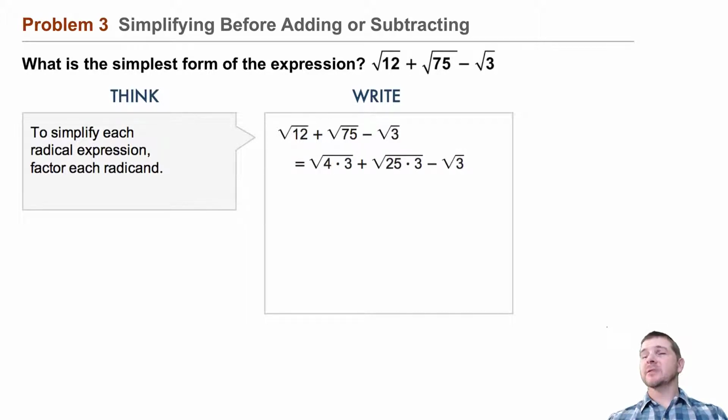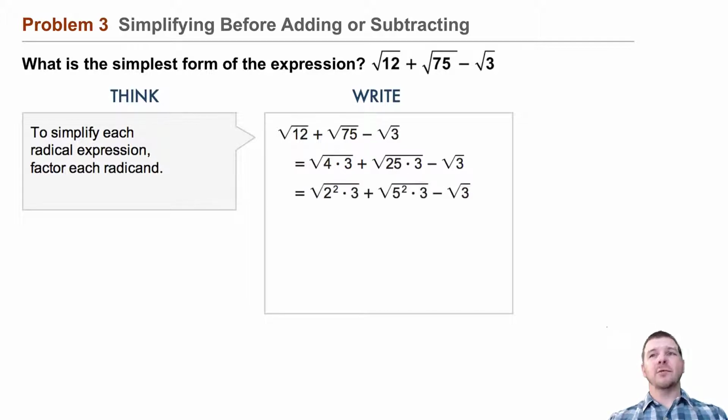Rewrite that as the square root of 4 times 3, note 4 is a perfect square, 4 times 3 is 12, plus the square root of 25 times 3, 25 is a perfect square, 25 times 3, 75, minus the square root of 3. No perfect squares are factors of 3, apart from 1, and factoring out 1 does us no good. Continuing on, 4 can be rewritten as 2 squared, 25 as 5 squared,